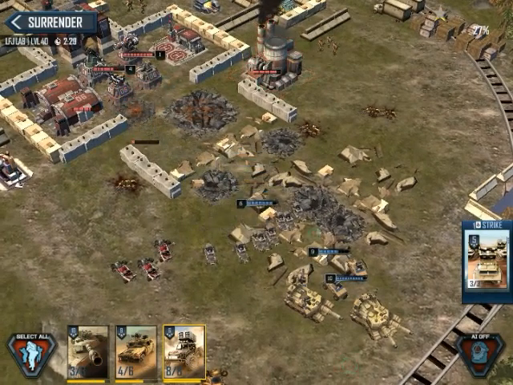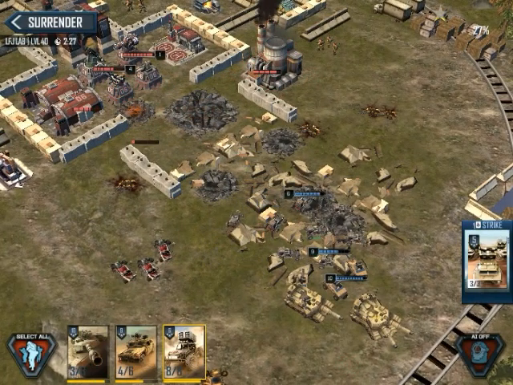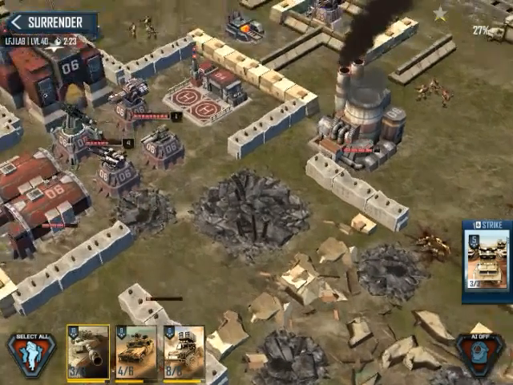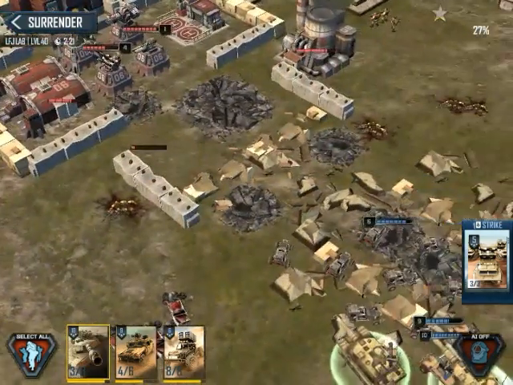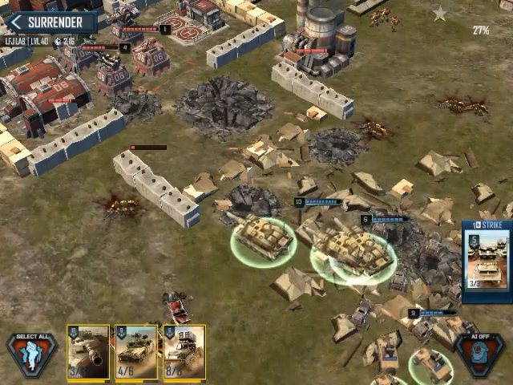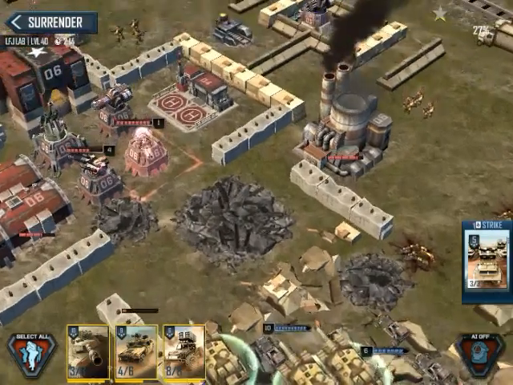and that is going to make them be in range of that machine gun turret over there. Whereas what we're going to try to do is we're going to try and position all our units